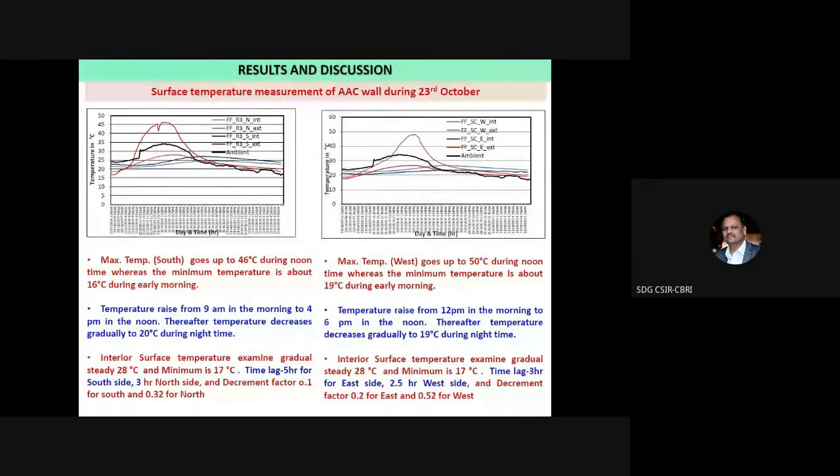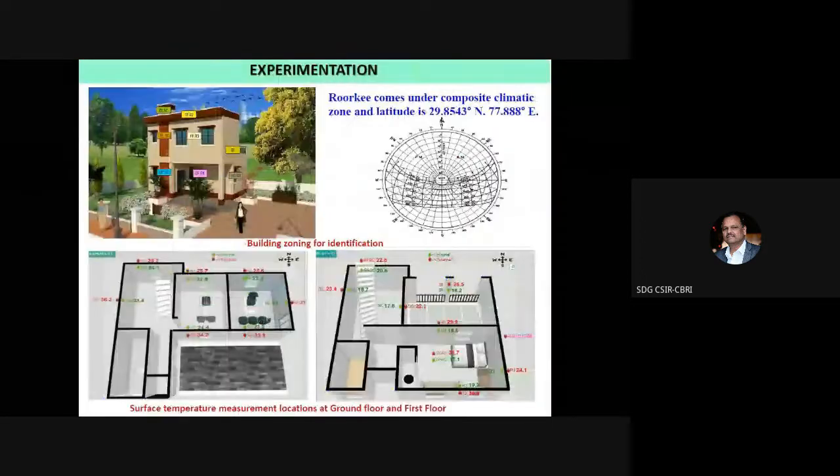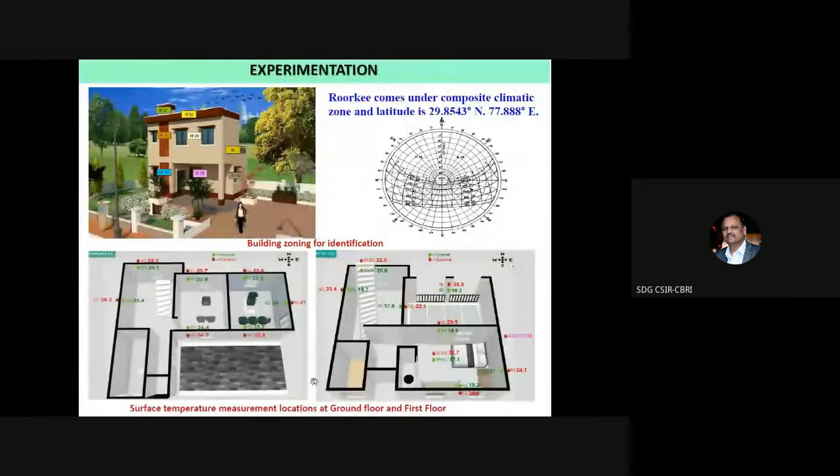Coming again to the measurements, as I have mentioned, in this particular building we have deployed almost 30 sensors and taken the measurements. We have put sensors on the east facing wall, some on the north side, some on the west side, and some on the south side. In the case of the first floor also, we have done the same thing. We have taken measurements for all these faces, and we have also put some sensors on the roof in order to find out what the heat gain is through the roof system.